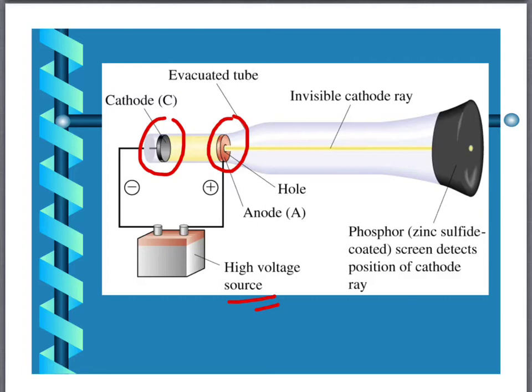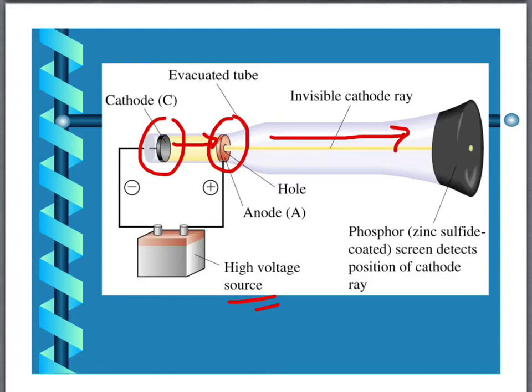And when the voltage source is turned on, what happens is some of the electrons get stripped off of the atoms in the gas, and they travel towards the positively charged plate. Because electrons are negative, they're going to travel towards the positively charged plate. If there happens to be a hole in that plate, some of the electrons are going to have so much momentum that they're just going to travel right through and produce what we call a cathode ray, which is simply